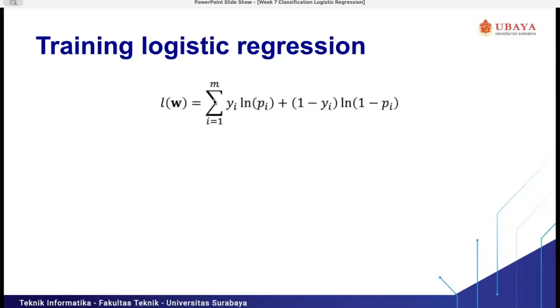So to train the logistic regression, we want to maximize the LW, which is the maximum likelihood function.